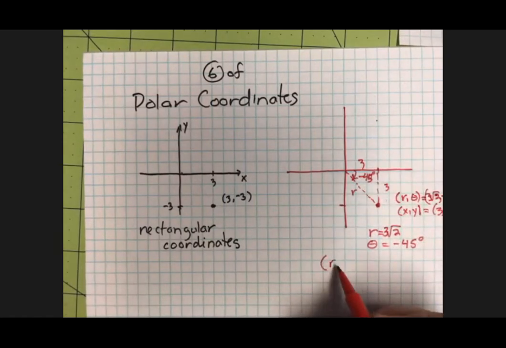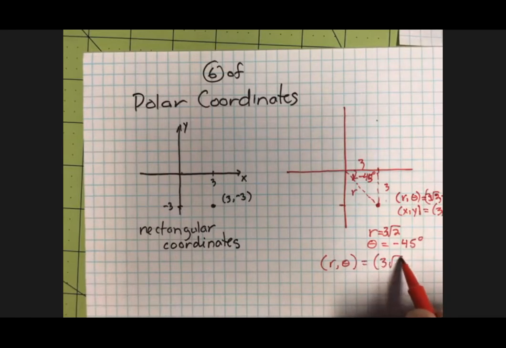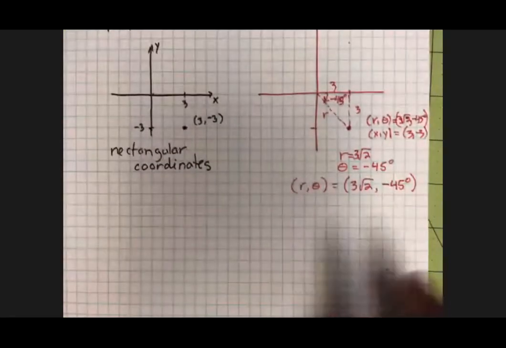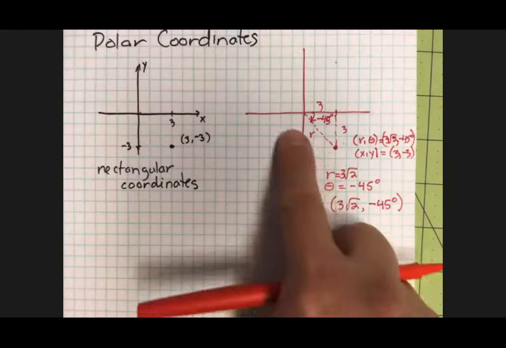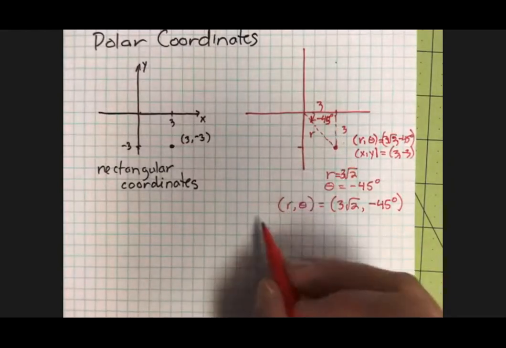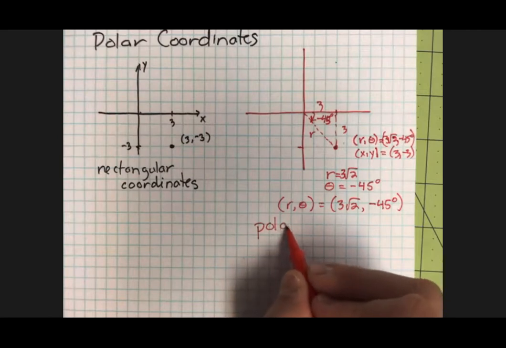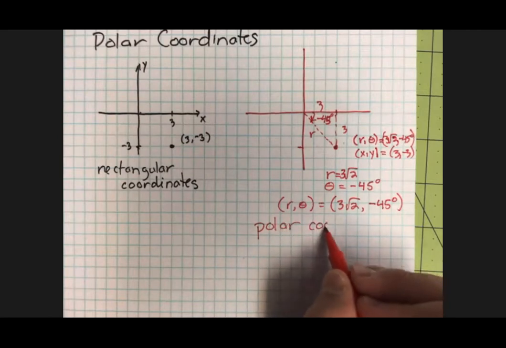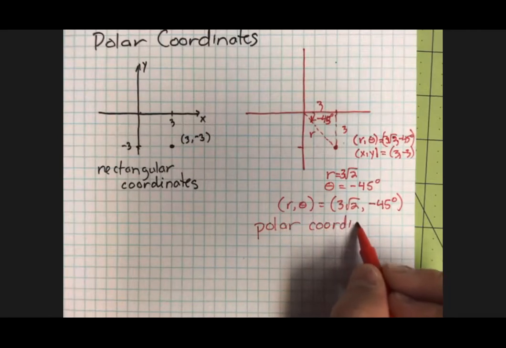Let me write that neater underneath here. R is 3 root 2, and theta is minus 45 degrees. When you write like this, using the r and theta, people call these polar coordinates,